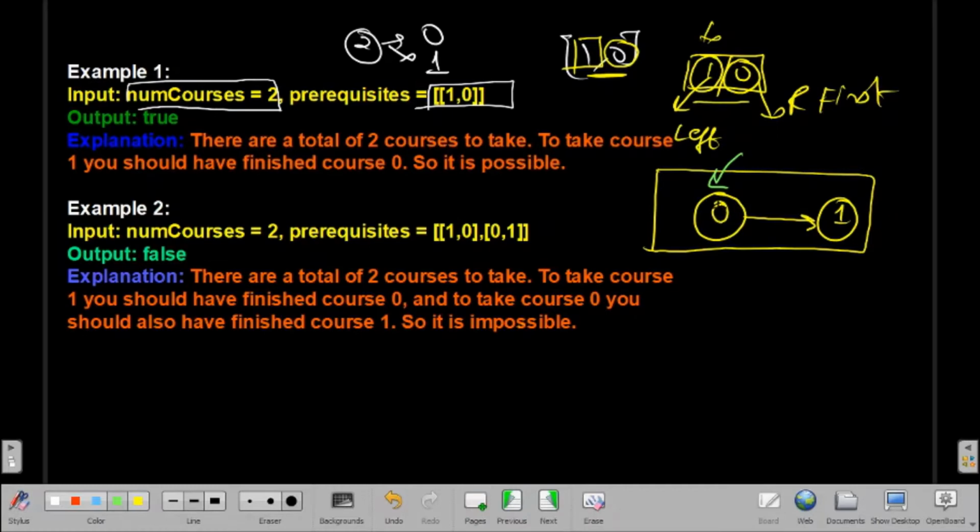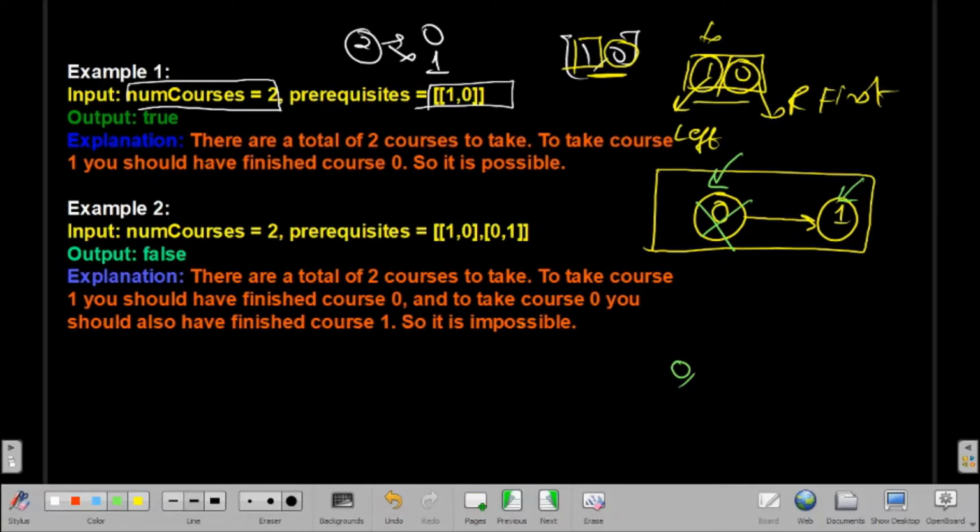I see that there is no course to complete before it, so there is no prerequisite for 0. So I will just complete course 0 and delete it, and after that I will see course 1. I'll come here at course 1 and see if there is any prerequisite to complete course 1.